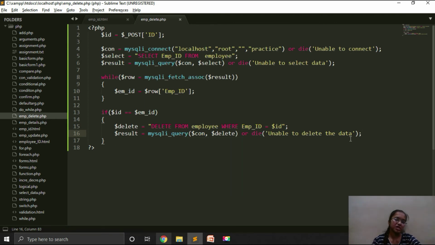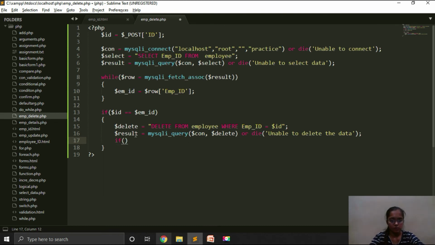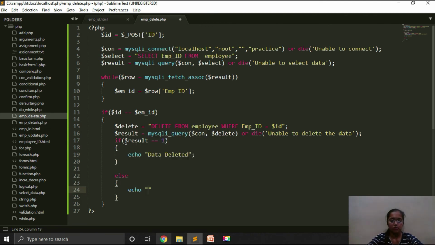Now we have to check whether the query has been successfully fired or not. For that, if the result variable contains value 1, then the data has been successfully deleted. Else, data is not deleted.